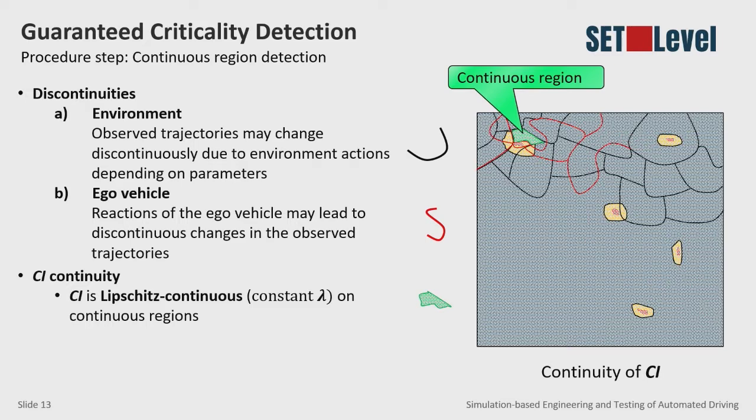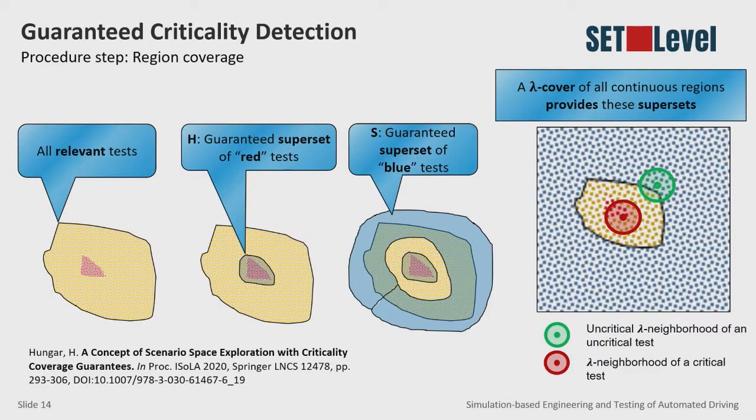What I perhaps cannot see are these discrete decisions of the ego vehicle. And yes, I would have to rely on observation, this I can always do, and also, of course, on additional, say, test outputs, which this highly automated driving function in the ego vehicle does. And with that, I measure all these borders between continuous regions